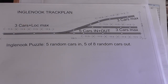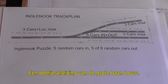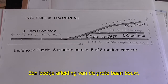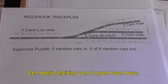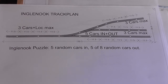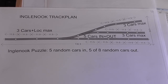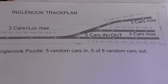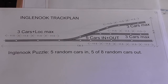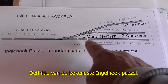There's a bit of a diversion from the day-to-day building on the main layout that's been building now for 4.5 years. I've played around with the idea of making a little module based on the Inglenook puzzle for switching and shunting. So this is basically the idea of one of the Inglenook puzzles. A 5-car train comes in,